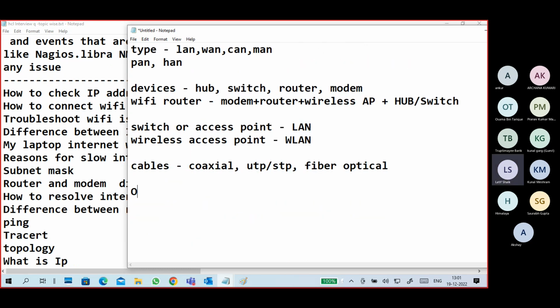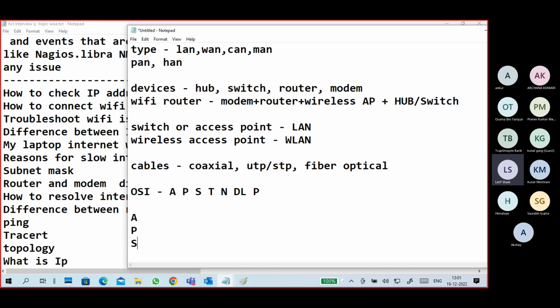Guys, OSI, Open Systems Interconnection. What is the first layer? Application layer, presentation layer, session layer, transport layer, network layer, data link layer, and physical layer. Each and every layer, what happens there, you can try that. The seven layer names are important.